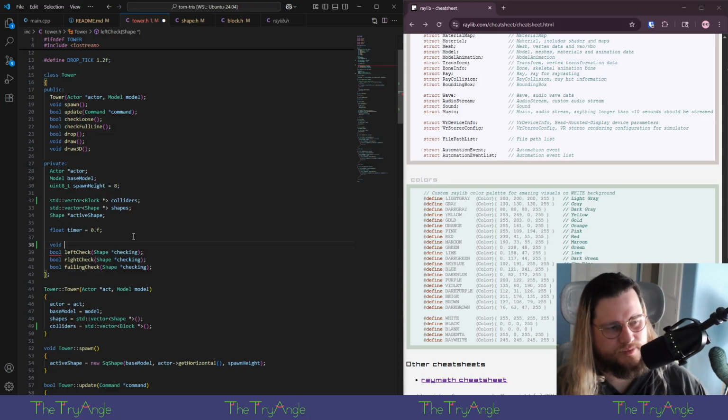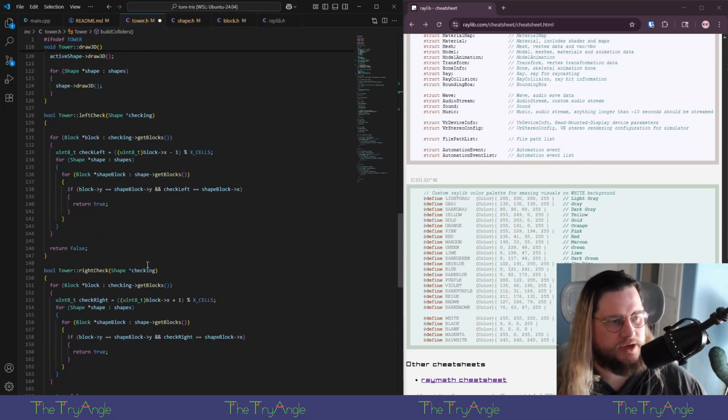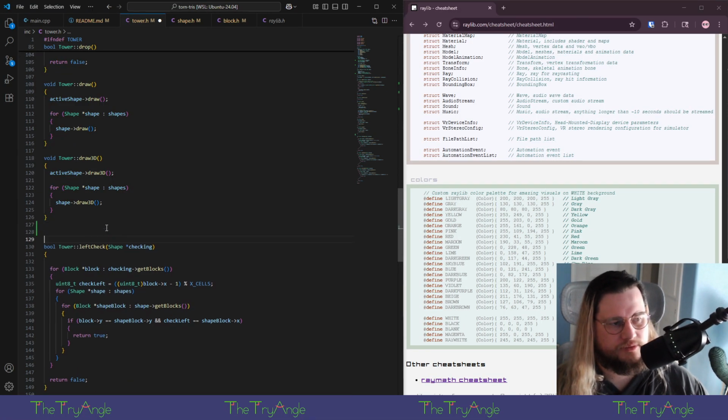I sometimes do. Let's see here. Build colliders is what we'll call it. And for our build colliders function,